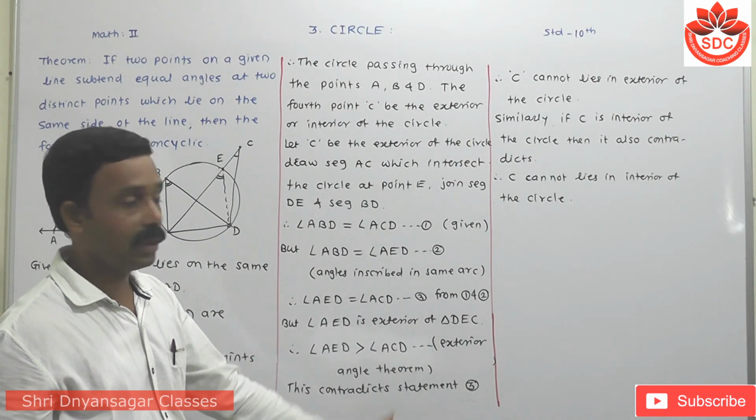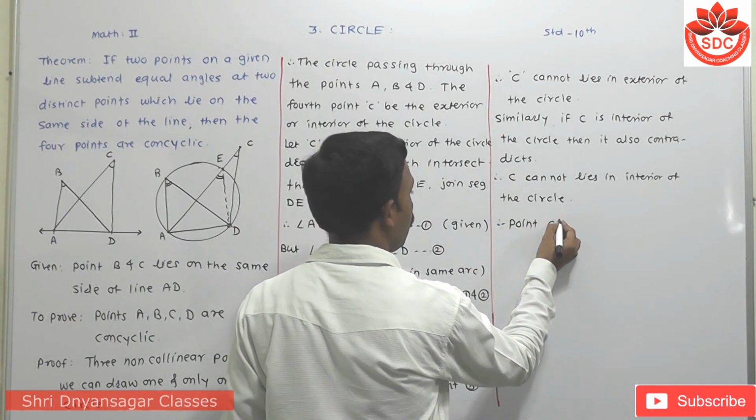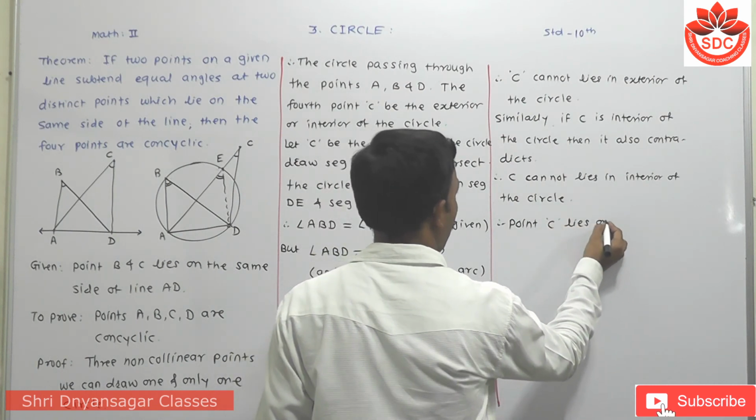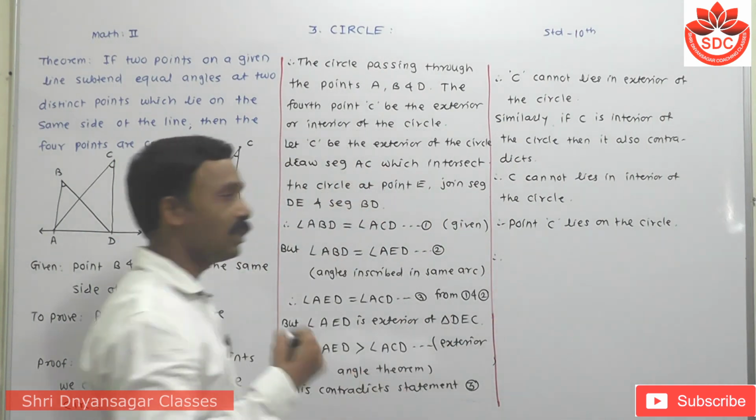Means that C lies on the circle. Therefore, point C lies on the circle. Means that if the point C lies on the circle,